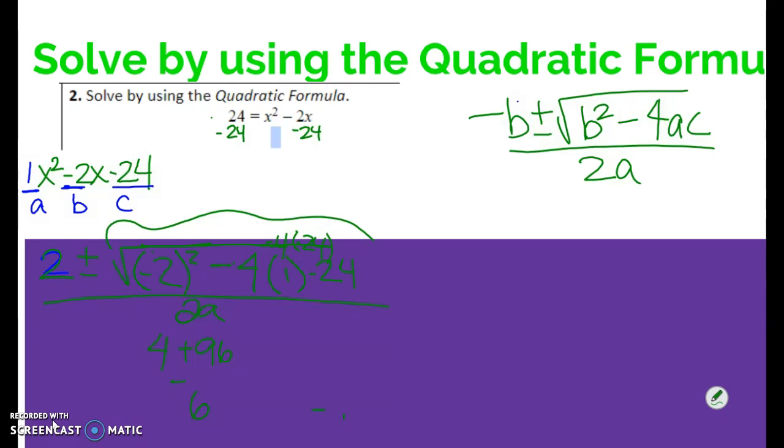And then that's still in the square root. So I'm going to show you what that looks like. So here's the rewritten problem. 2 plus or minus, and we have simplified all of this into square root of 100 all over 2. So now's where it comes into play with this plus and the minus, and we know that the square root of 100 is 10, so we can have one of our problems look like this: 2 plus 10 divided by 2. And then